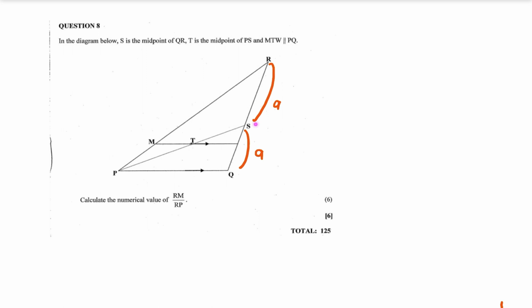So you know that ST and TP are in the ratio of 1:1, right? So basically what we have here is, I'm going to use a different variable. I'm going to use Z and Z. So now we are given that MTW, there's supposed to be a W here, so MTW is parallel to PQ. So basically you're going to use your proportionality theorem to say that if you have a triangle